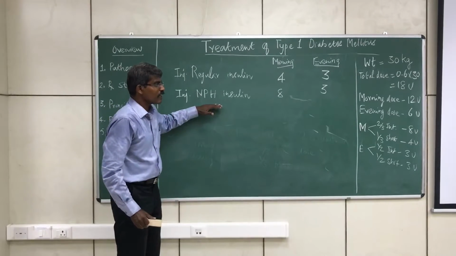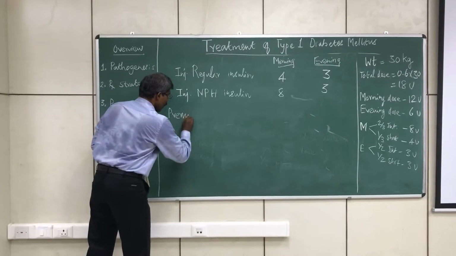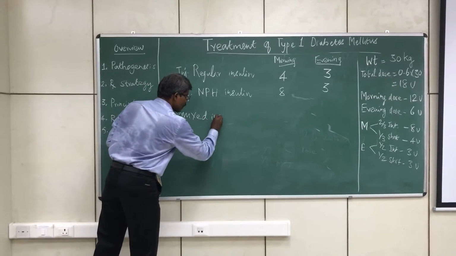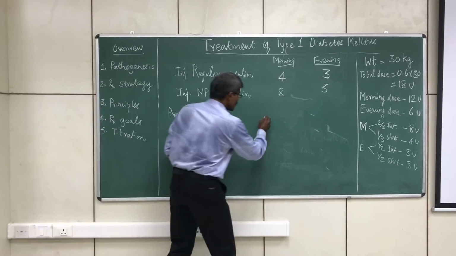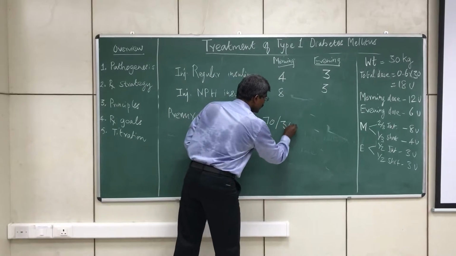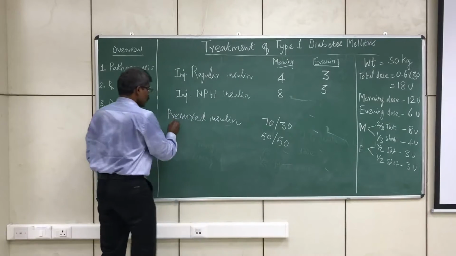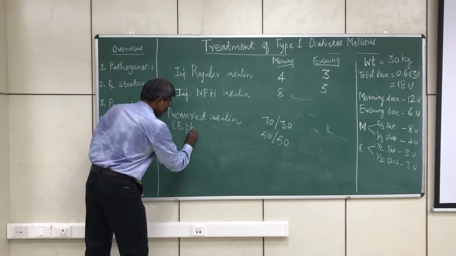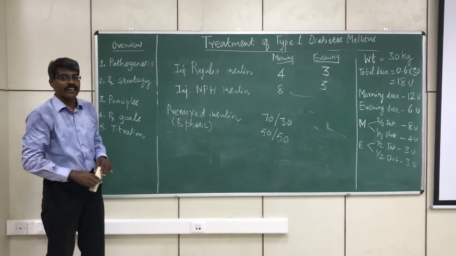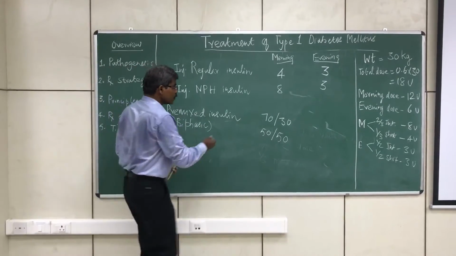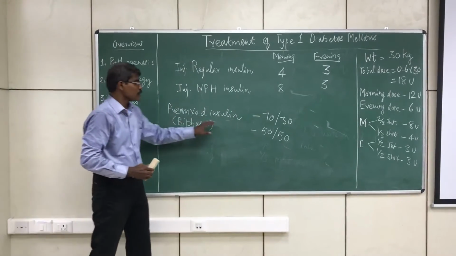We also know that there are pre-mixed insulins. You might be aware of these so-called pre-mixed insulins, which are available in 2 ratios. The first is called 70-30. The other ratio is 50-50. Pre-mixed insulin, or so-called biphasic insulin, is nothing but a combination of both a short acting as well as an intermediate acting insulin. So there are 2 different mixtures of insulin available.